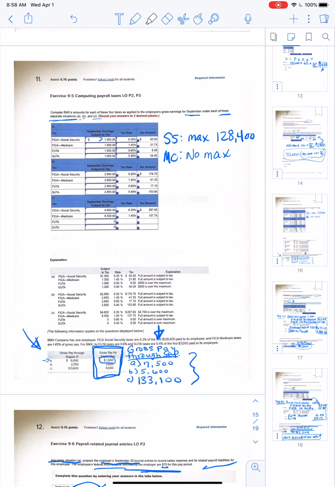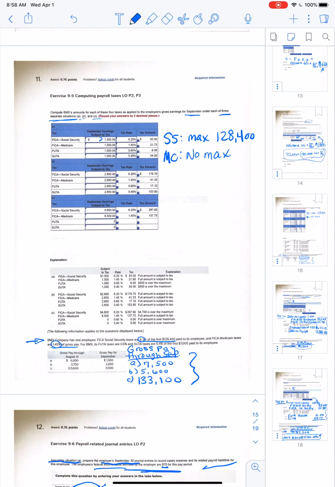So the question here is, am I going to pay this full $1,500 towards these taxes? So let's review the information they gave us real quick and see what it tells us. If we look in these two lines right here, it tells us BMX Company has 1 employee. FICA Social Security taxes are 6.2% of the first $128,400 paid to its employees, and FICA Medicare taxes are 1.45%